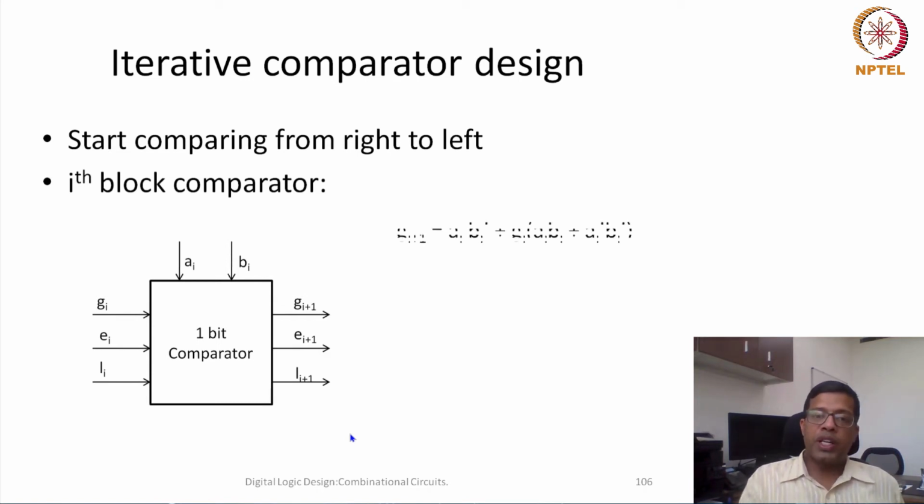Now if I want to find the output, there could be multiple methods again. One method could be to write a complete truth table, and then find out in what cases Gi plus 1 would be 1, otherwise in what cases it would be 0. There could be an alternative method also. By logical reasoning we can find out what would be the value of Gi plus 1. So from logical reasoning I am trying to find it out for you.